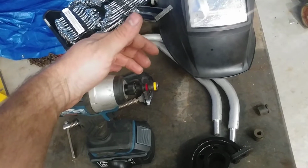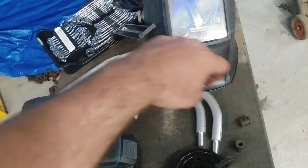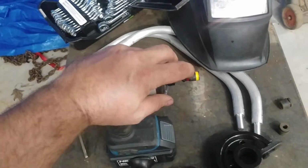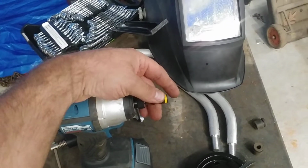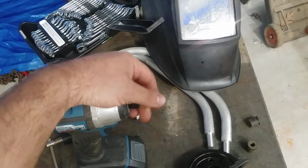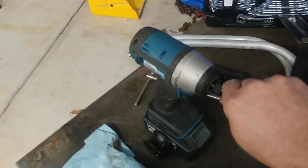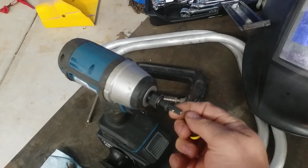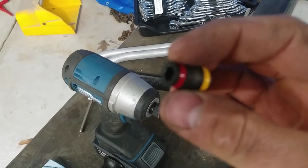Within about 50 screws, 25 sometimes 10, the magnet will just end up on the screw head, and then you don't have a magnet. This one was like $13 at Lowe's, but I have used it to do a lot of stuff. And let's see if I get, there it goes. The magnet has stayed on there. So if you have that problem, so you see you can flip it,